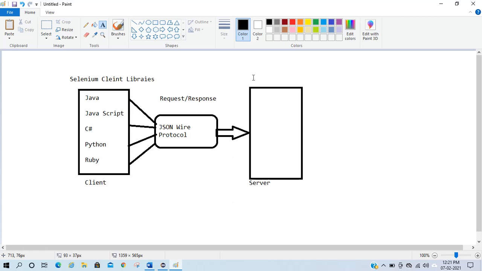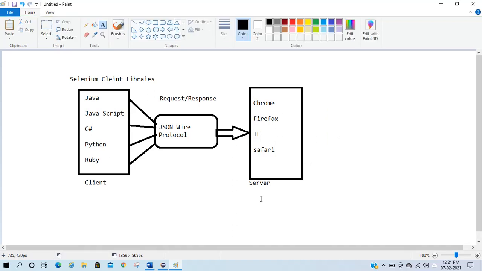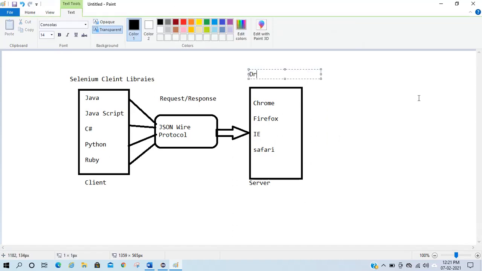Different vendors, Chrome, Firefox, IE, Safari, and others, provide their own binaries. So we have Chrome, Firefox, IE, Safari. These are my browser drivers.